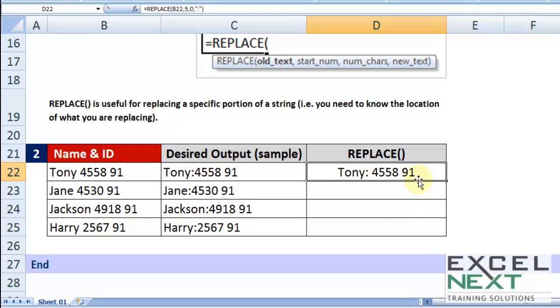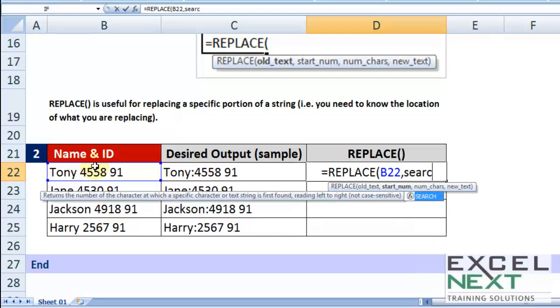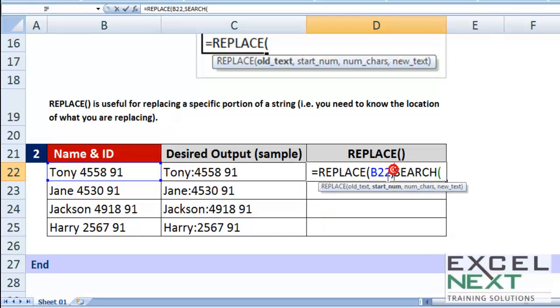So now let's see how to use the search formula. Let me delete this and rewrite it. Replace. The old text is the easiest one to choose. Now the start num position I must find using the search formula. So let me write a search formula in place of start num. Now what is the thing that I want to search for? I want to search for one space, that's find text. Within which text? Within this text. So this search formula will only give you the numeric value, let's say 5 or 6, where the space is beginning,